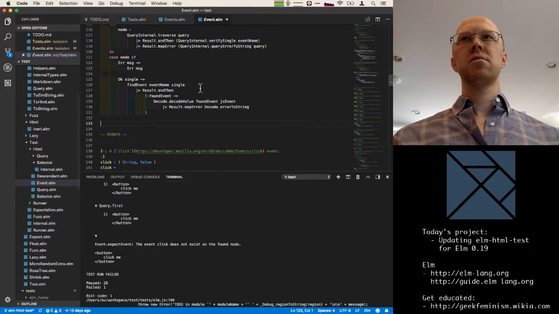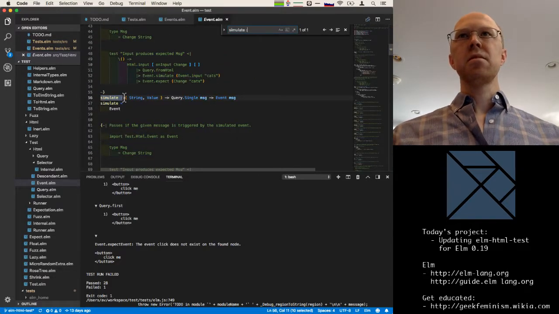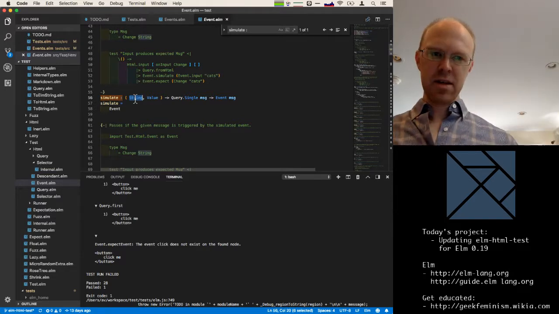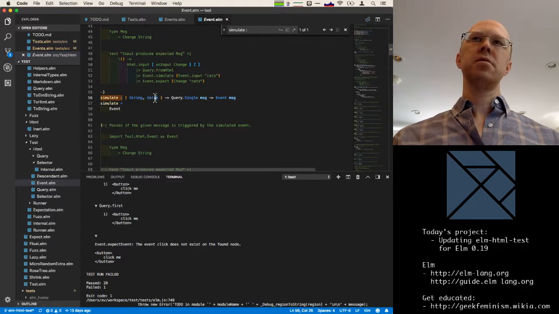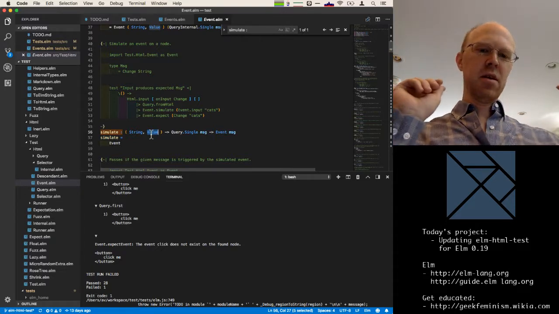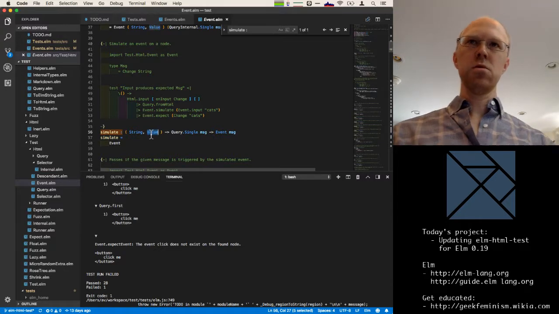Event simulate. Okay, so simulate takes a tuple, which I happen to know is the event name, like the DOM event name, so it'll be click for us in this case. And this value is a JSON object, which is essentially the event argument that your event handler in the JavaScript world would get.